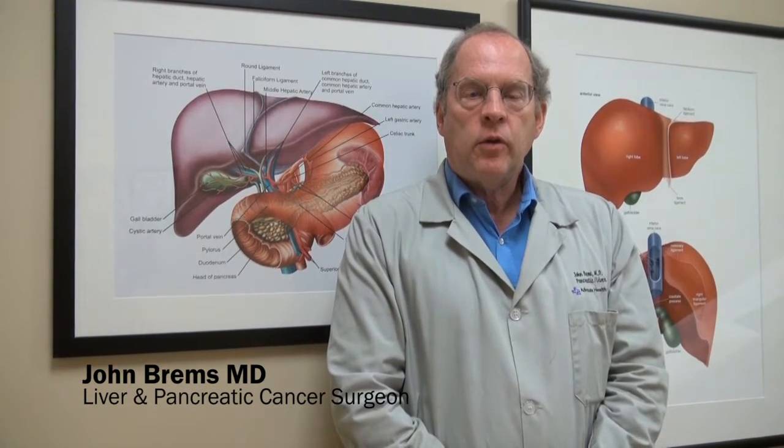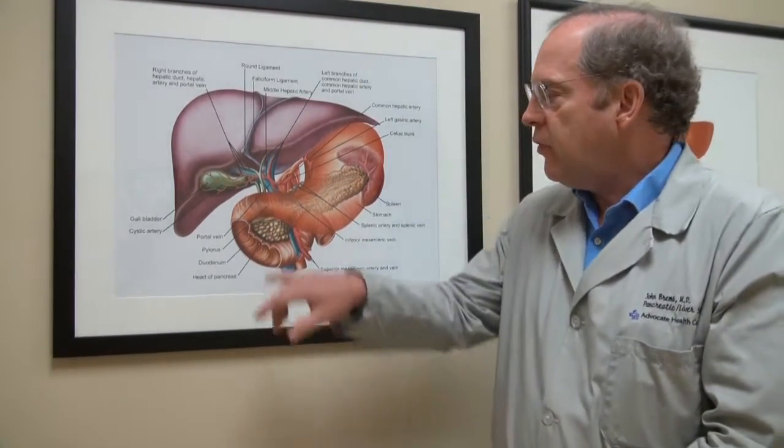Pancreatic cancer has had a dramatic increase in incidence in the last few years. There are many thoughts as to why that has occurred. The most prevalent thought is that there's an increase of type 2 diabetes, which has resulted in a higher incidence of pancreatic cancer. Most, two-thirds I should say, of the patients who develop pancreatic cancer develop it in the head